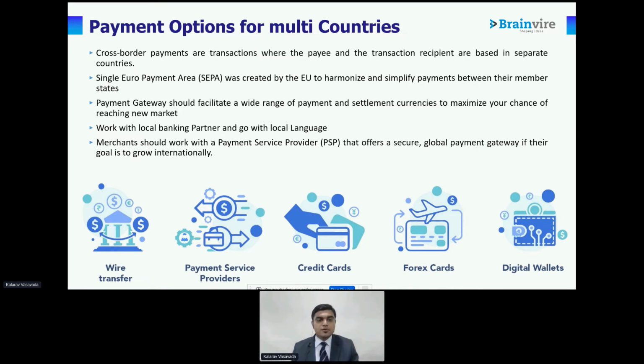So all these charges also need to be considered, and for that there are various regulatory authorities available. In the European region, it is SEPA, the Single Euro Payment Area. It was created by the European region to simplify the payment system. Similarly, you need to check all the payment service providers who are offering a secure and global payment gateway